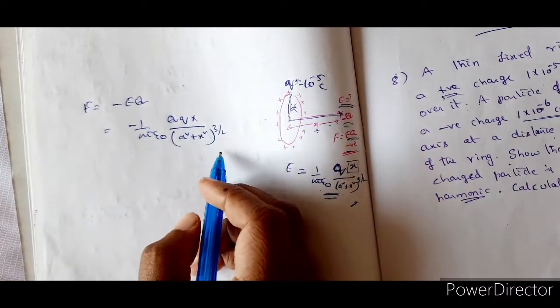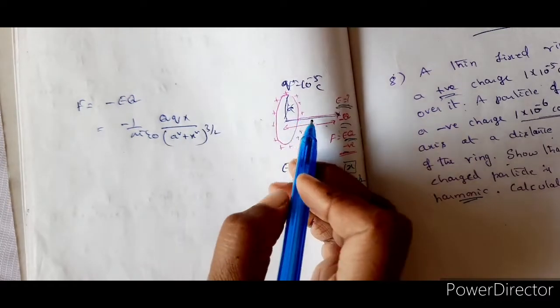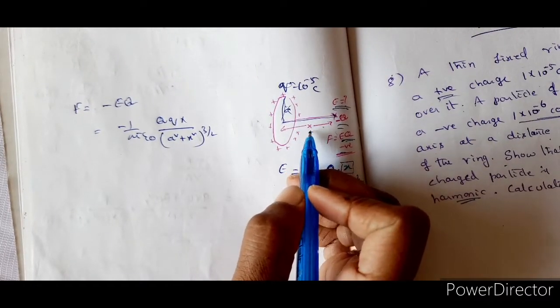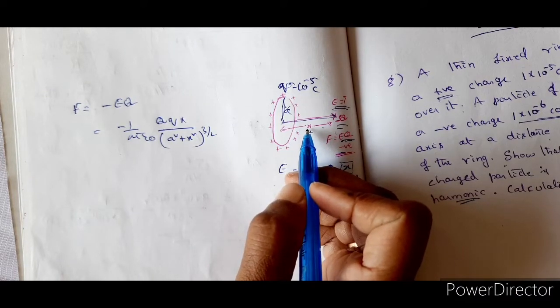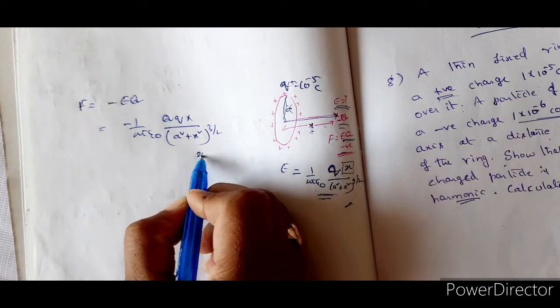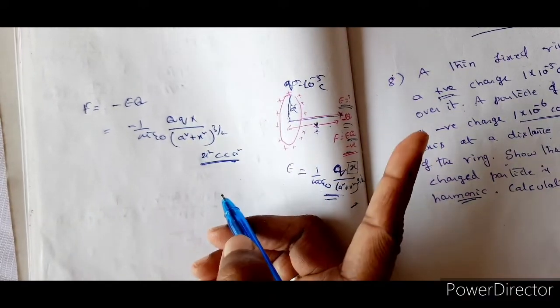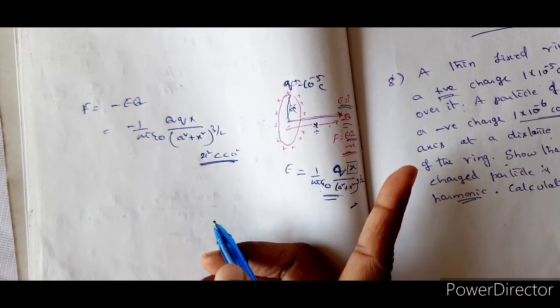Now what is the condition? Approximately simple harmonic. If the motion is approximately simple harmonic, that means when the question says that the motion is simple harmonic motion, then you have to imagine x square is far less than a square. No doubt in that. We have seen it just now, right?